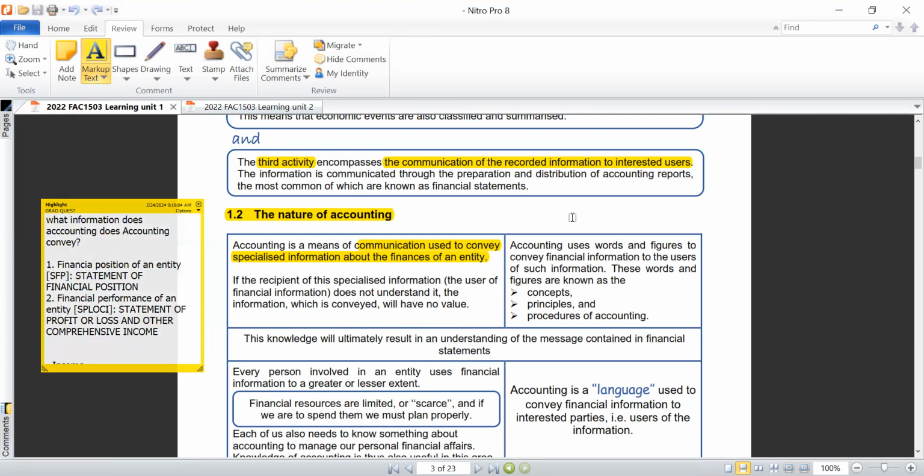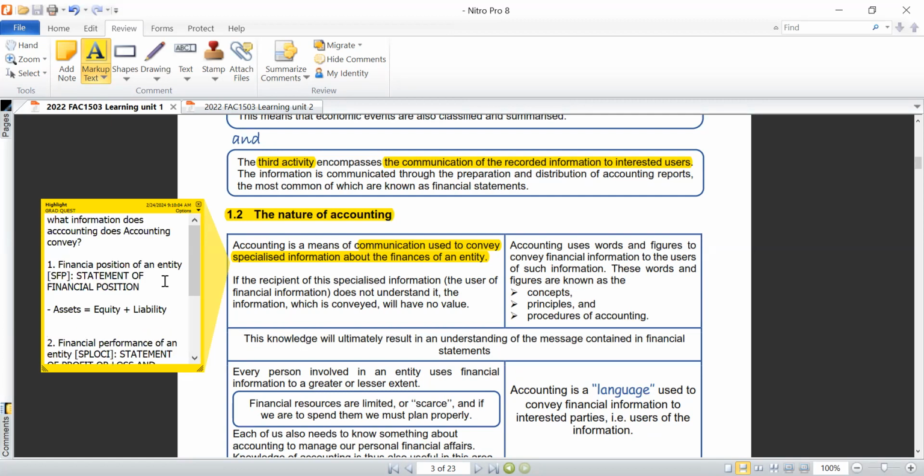So when we are looking at the nature of accounting, these are the things we're interested to figure out. What is the financial position of this organization? Financial position, on the other end, is mostly concerned with assets. In fact, that's where the basic accounting equation comes into the picture, which says assets equals equity plus liabilities.